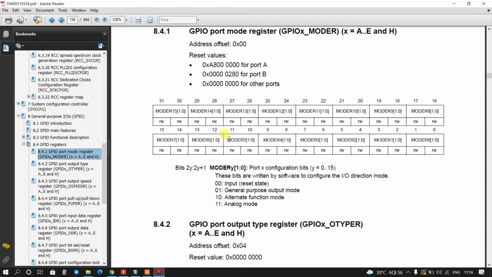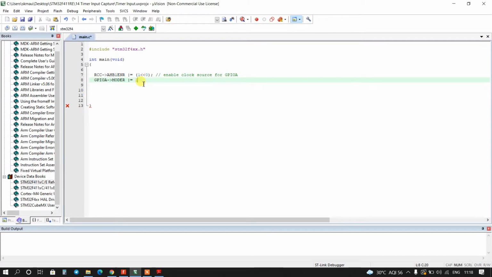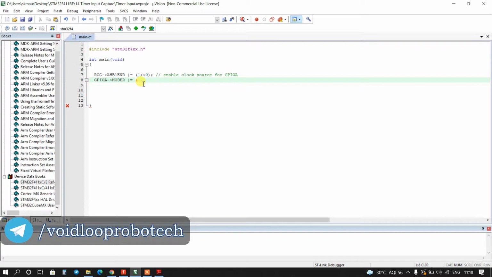Because I am using PA5, these 2 bits are dedicated for PA5, meaning the 5th pin. So I am going to use it as a timer, so we have to change the mode to alternate function mode. For the alternate function mode it will be 1 0, so it means the 11th bit will be 1 and the remaining bit will be 0, right? So here 1 left shifted by 11.